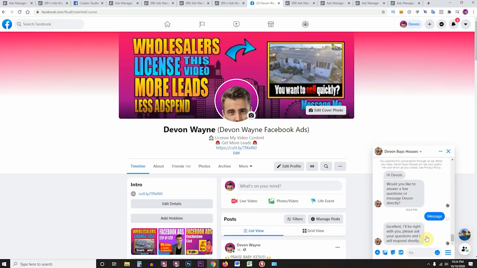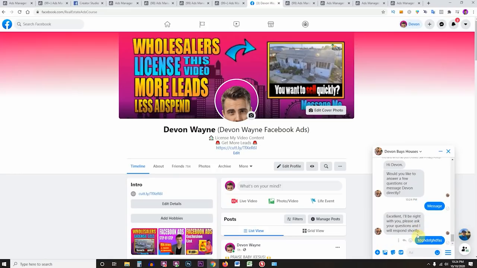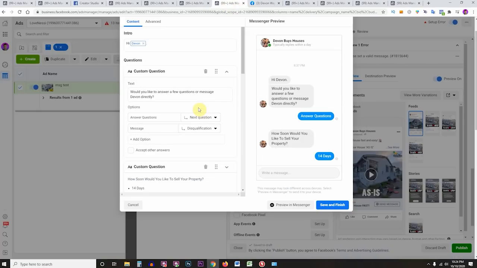So if I say message, it says, excellent, I'll be right with you. Please ask your question and I will respond shortly. Whatever you say, I'm not going to respond to until I actually go view the message. So that is optimizing for messages. But the real trick to this, preview in Messenger,